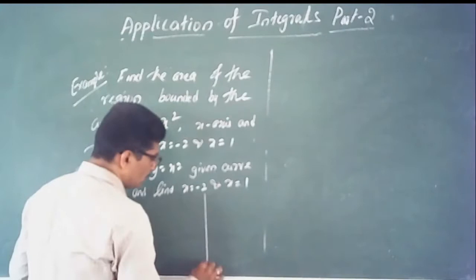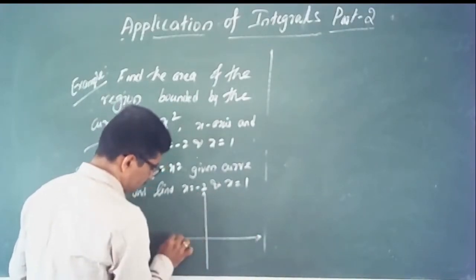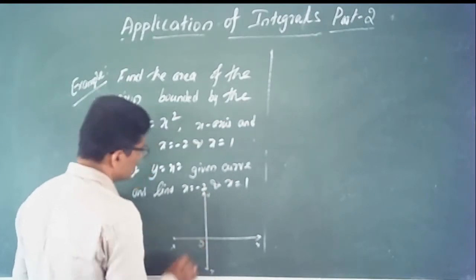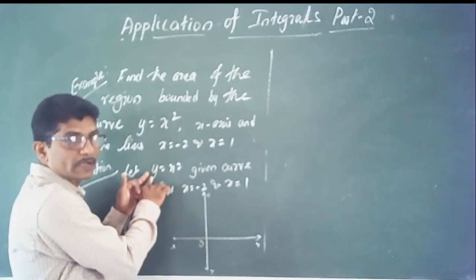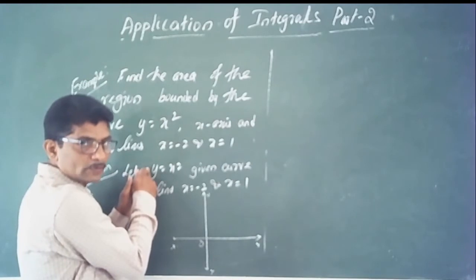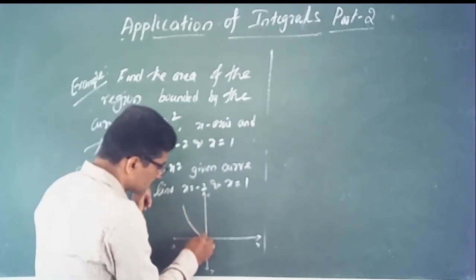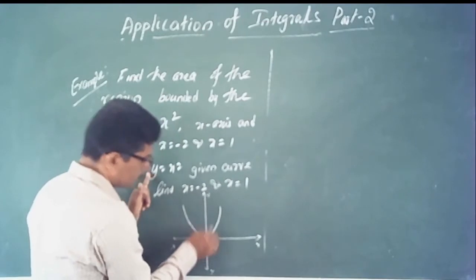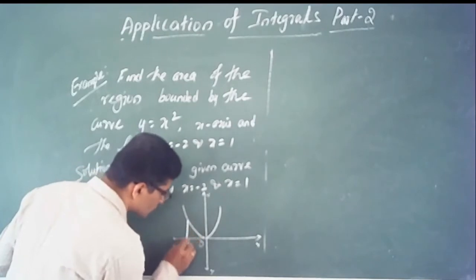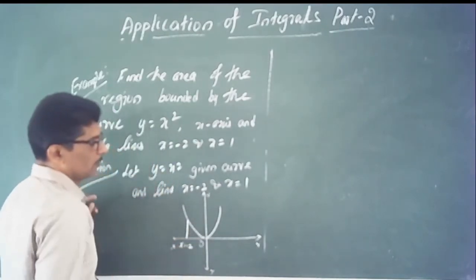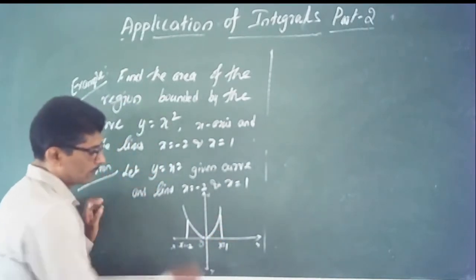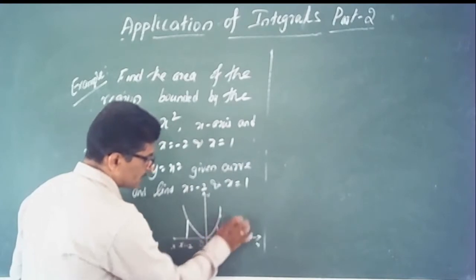Next, draw the graph or rough figure. These are the x-axis and this one is the y-axis, the origin. The curve x square is equal to 4ay, vertex is the origin. A is positive here, 4a is equal to 1, a equal to 1 by 4. Therefore, the curve is like this, it is a parabola. It is clear. The lines are given: x is equal to minus 2, and also given that line is x is equal to 1.